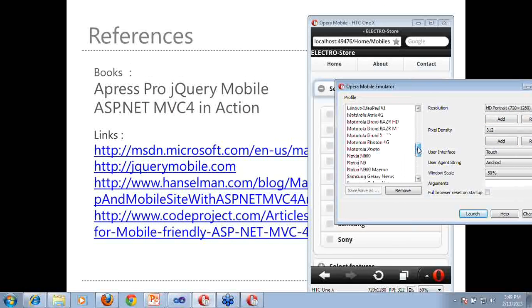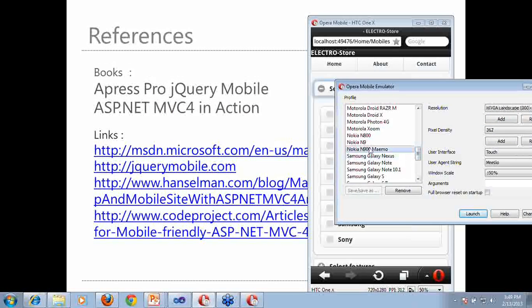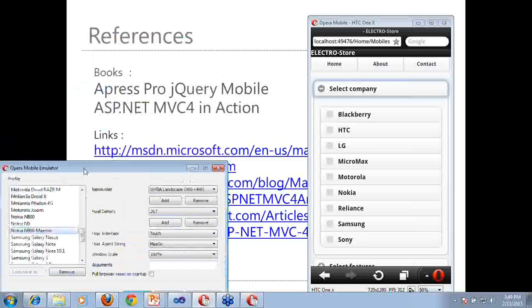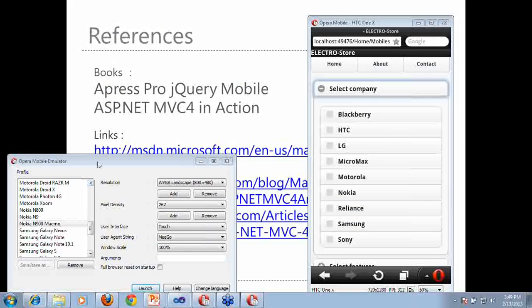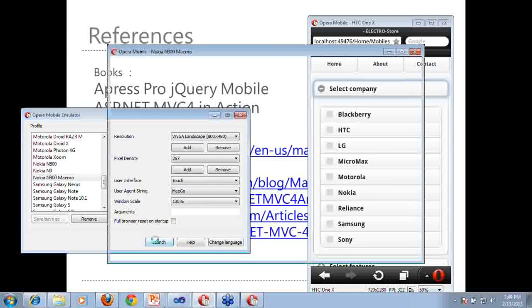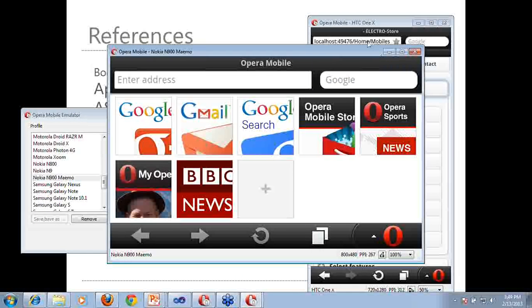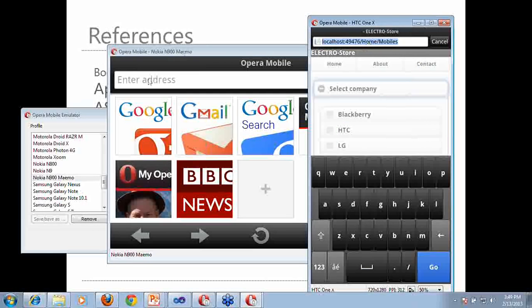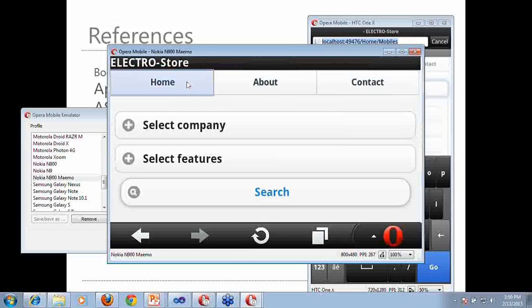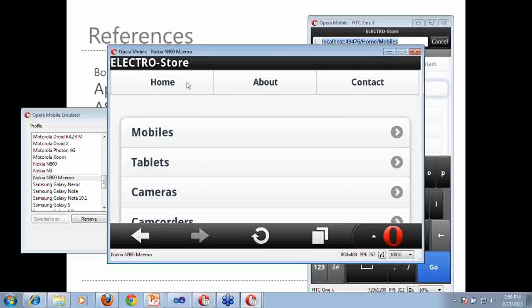So if I just take some weird profile, I don't know which device this is, and if I launch it, the Opera Mobile Emulator has got many profiles to test your link. So you can just enter the address and check whether the rendering is the same on the mobiles or not. You can use different profiles from the Opera Mobile Emulator, and it's free of cost. So you don't need to bother about getting